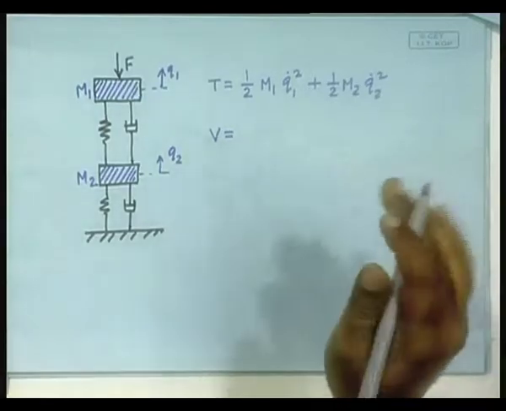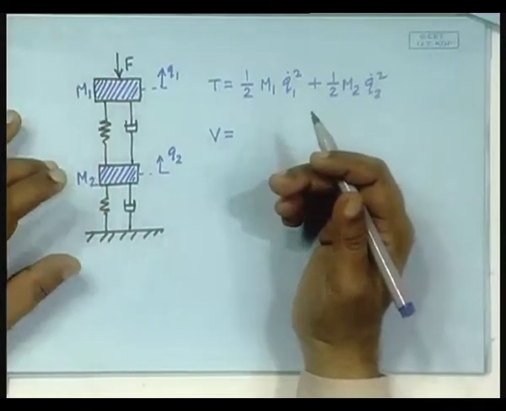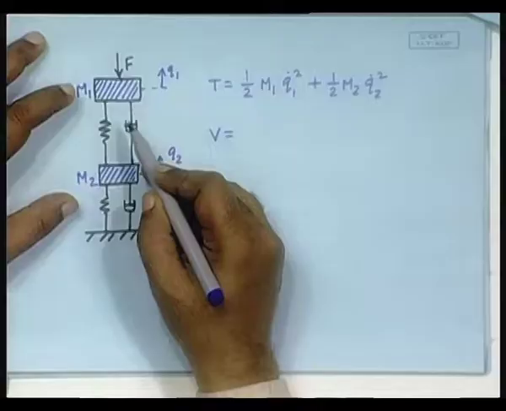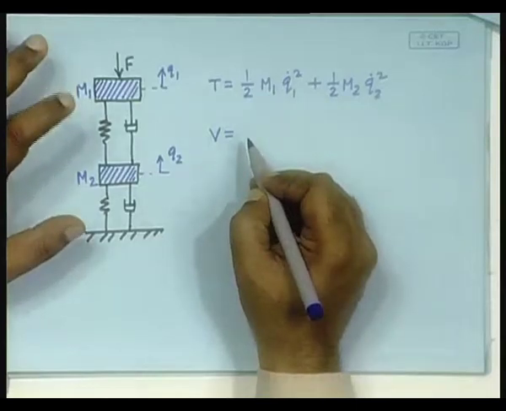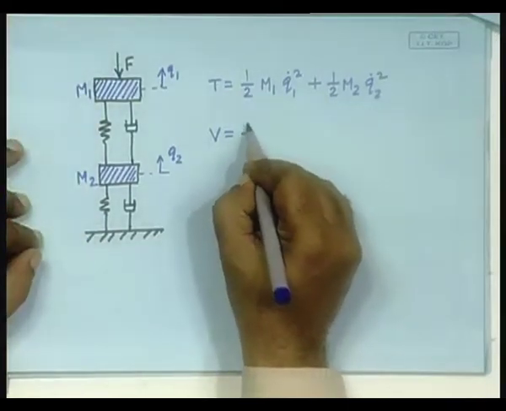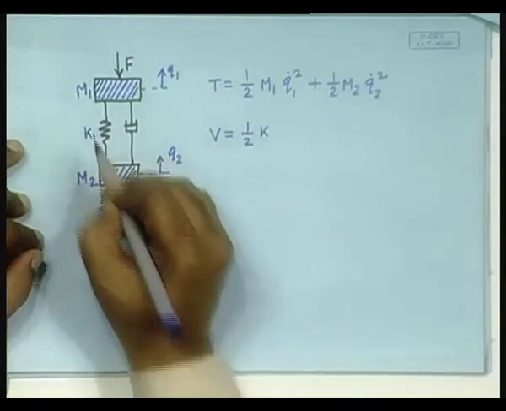Okay, for now let us ignore gravity, because ultimately if you consider gravity, it will lead to constant terms that will be differentiated away. So, who cares? I do not want that. So, V will be due to the two springs and the force. So, it will be half, let this be k1 and let this be k2